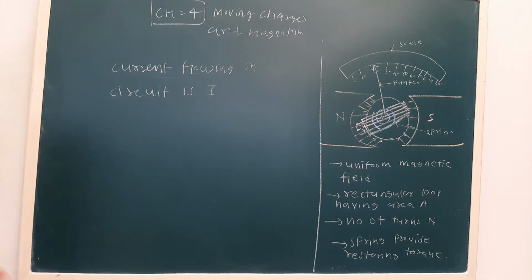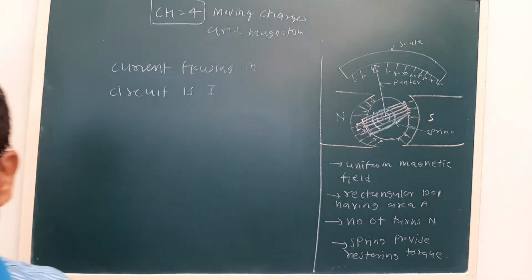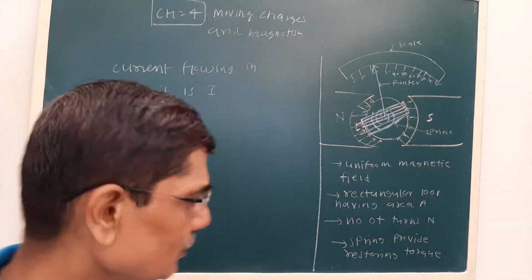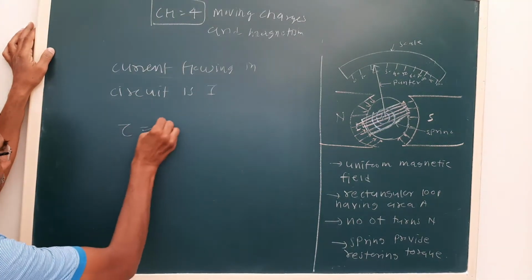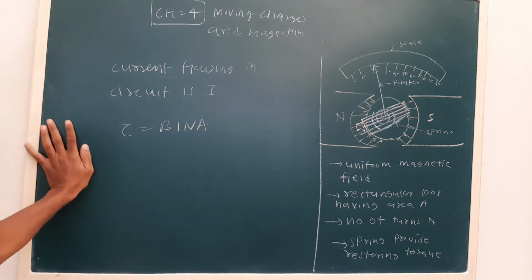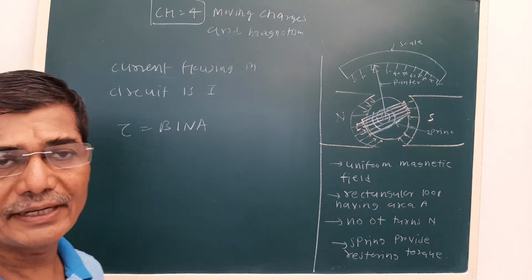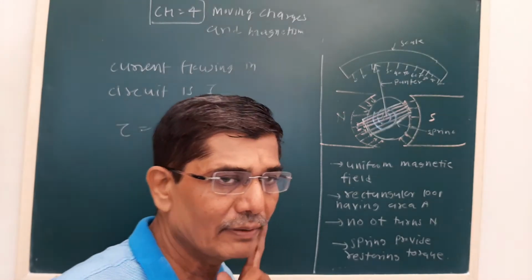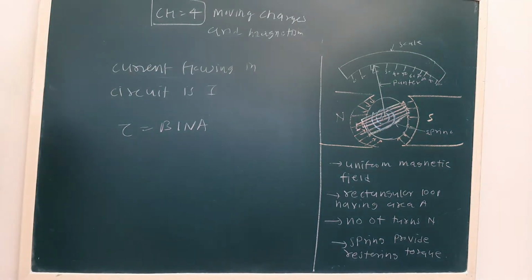As I told, the coil is placed in a magnetic field in such a way that the torque is maximum. So the magnitude of the maximum torque that we have seen is B nIA. Earlier, we know the equation is B nIA sin theta. If the area vector and magnetic field are normal to each other, theta will be 90, sin 90 will be 1. So the torque acting will be maximum.